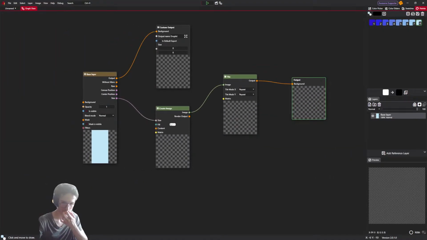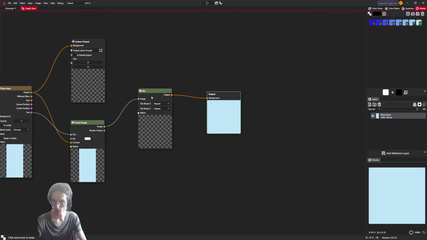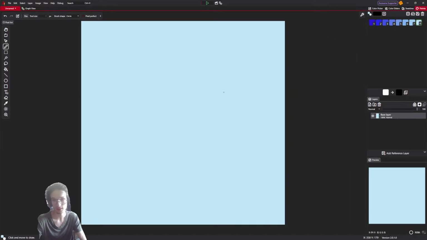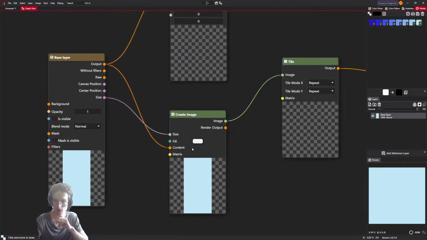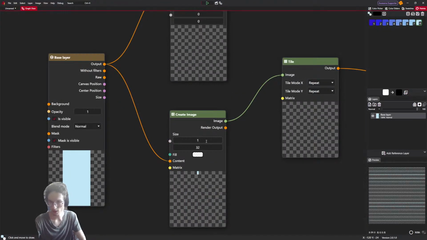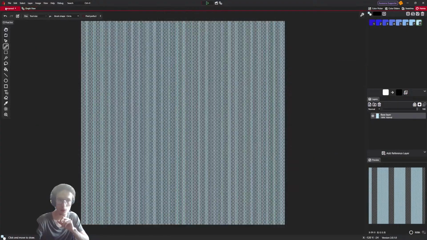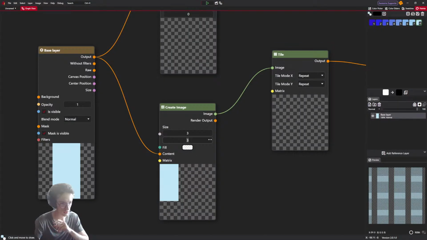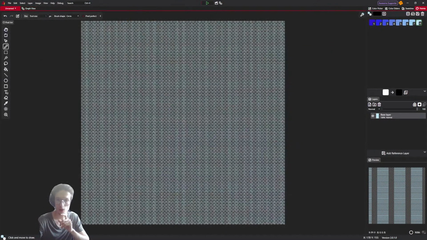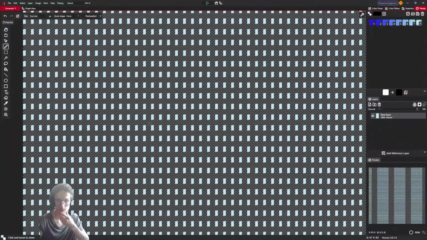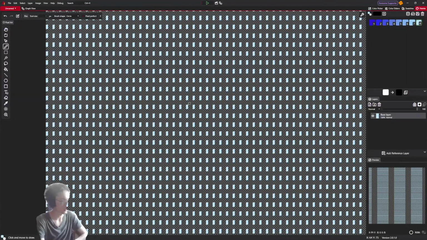Okay, now we have to tile it. So let's take this droplet and create image out of it and put it into tile. Let's switch to defaults, and I mean, yeah, it is a tiled thing, but maybe not exactly what we want. So let's do one. Here's 1 and 2 texture. When we give it some padding, we already can see we have a vertical padding. Okay, so well, it is tiled, but it should be a bit more random.